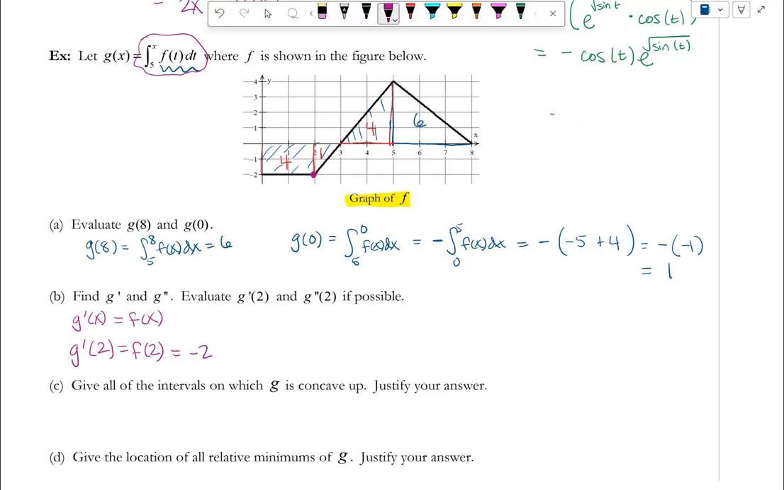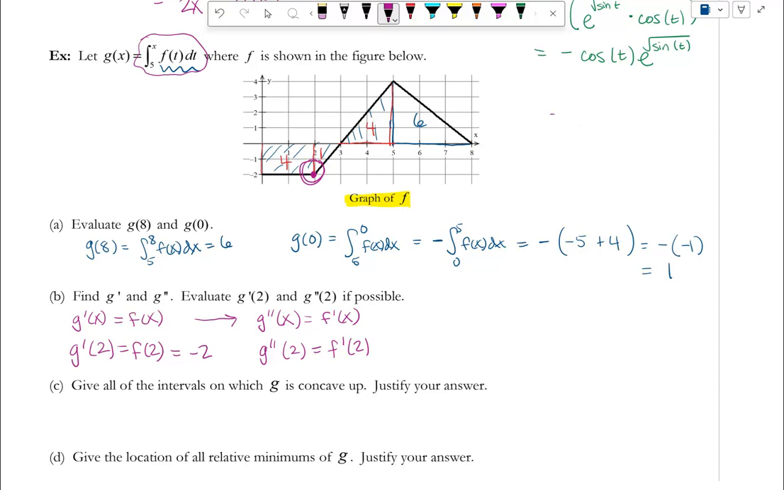All right, when I go to find my second derivative, g double prime, well, if the derivative of g prime is f, then its derivative, f prime, is the second derivative of g. So when I evaluate my second derivative of g at 2, what I need to know is f prime of 2. So again, when I look at my graph at 2, I notice that that's a spot where f is